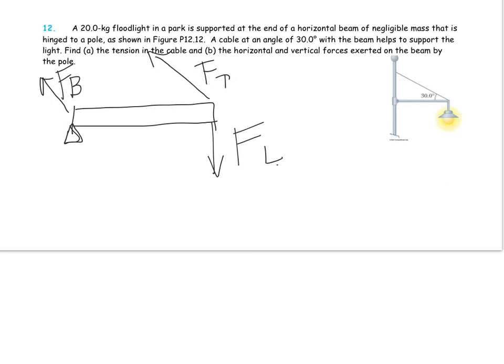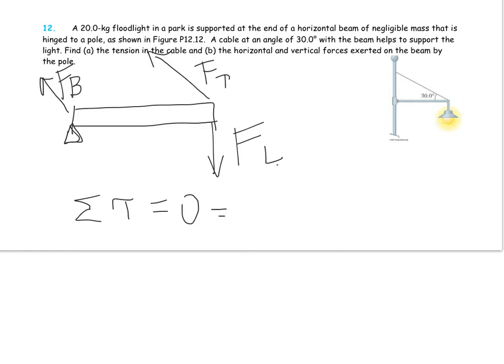And I'm going to sum the torques to find the tension. Now I can sum the torques anywhere because the beam is not rotating. So the sum of my torques is going to be equal to 0,